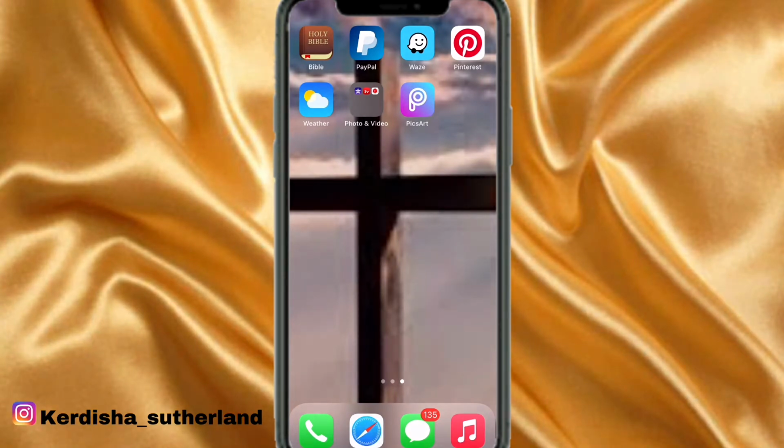We are going to be using only one app, and the name of that app is called PicsArt, and it's